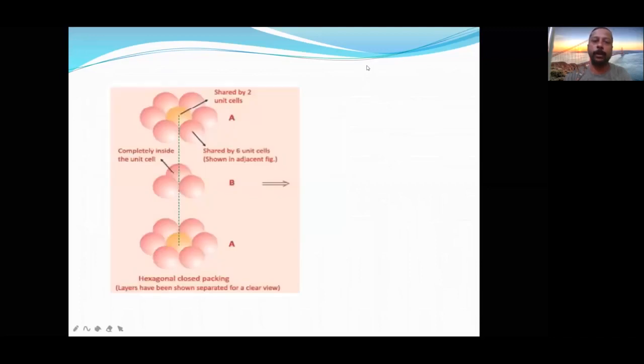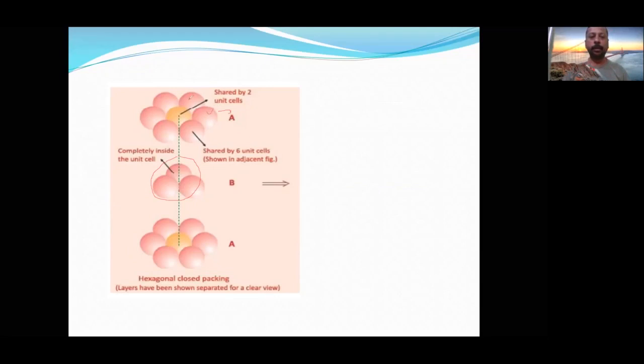Now the most important and most difficult task is about the HCP. This is the exploded view of HCP. Try to understand it very carefully with this clear diagram. People are not able to understand the arrangement. See, here in this layer, the total number of lattice points in layer A is equal to 7. One is called a face center, 6 are called corners.